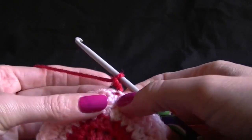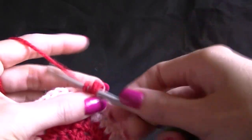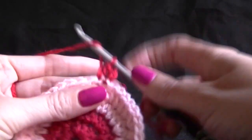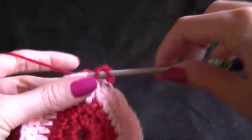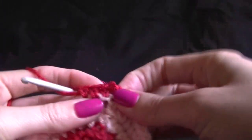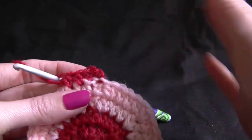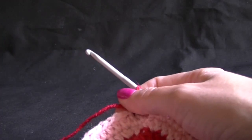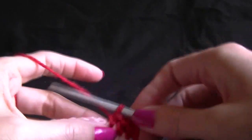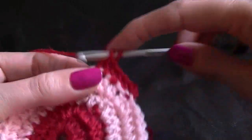We want to chain 2, so 1 and 2. Into our next stitch we're going to work 1 half double crochet. Into the next stitch we're going to work 1 half double crochet. Into the next stitch we're going to work 1 half double crochet. So now we have 1, 2, 3, 4. So remember the last row was 1, 2, 3 increase, 1, 2, 3 increase. This row is going to be 1, 2, 3, 4 increase, 1, 2, 3, 4 increase. So we have our 4 stitches going into the next one with an increase,